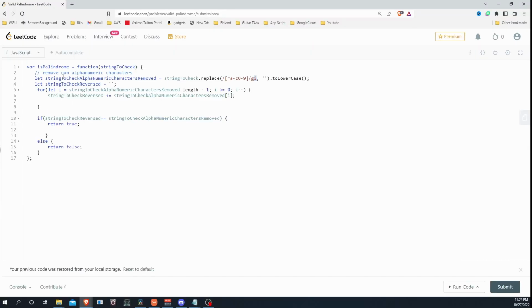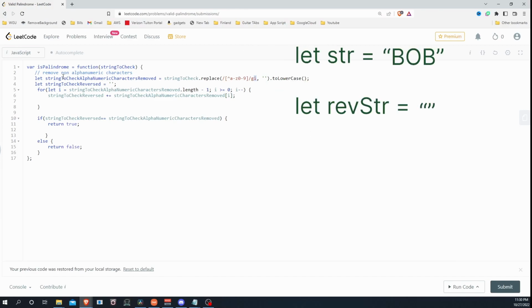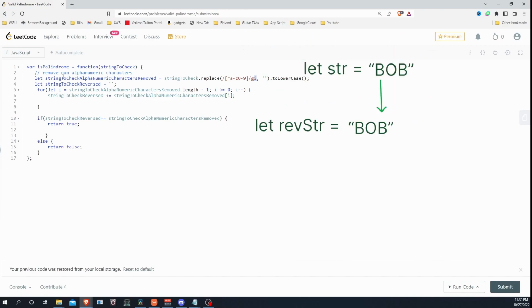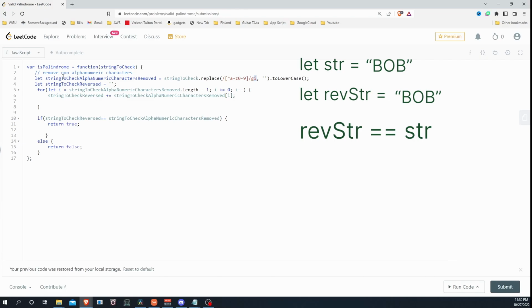Now, if I need to see if it's spelled the same forwards or backwards, the easiest way I could think to do that is to loop through the string backwards. So to start at the end and go towards the beginning and add each individual letter into another string, which will effectively be the string in reverse. And then finally, I will check my reverse string against the string that was inputted into the start with and